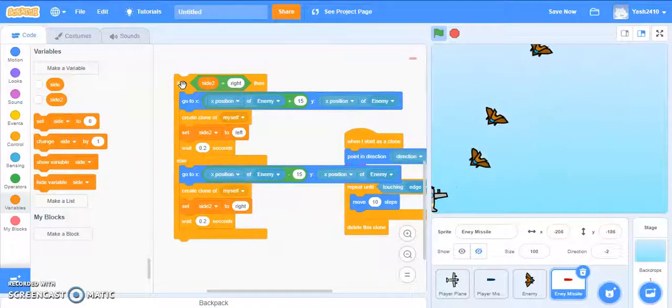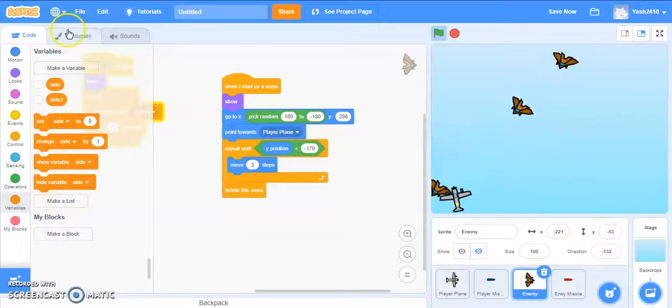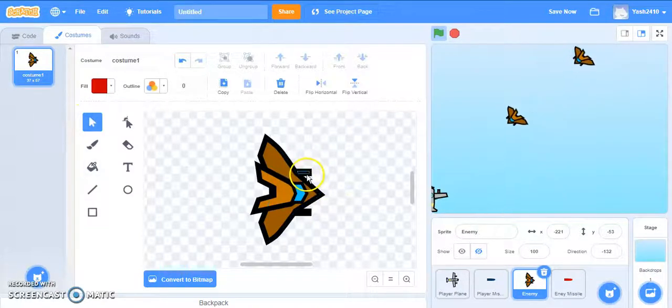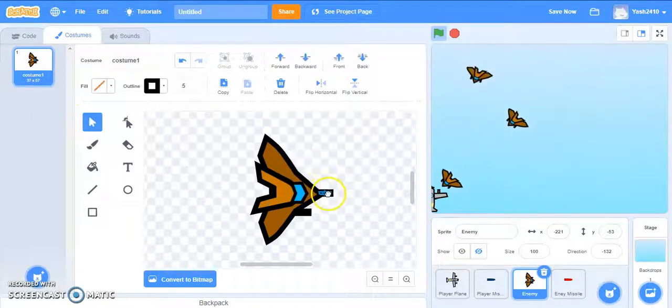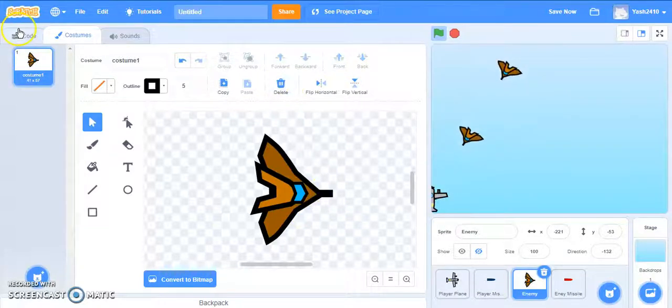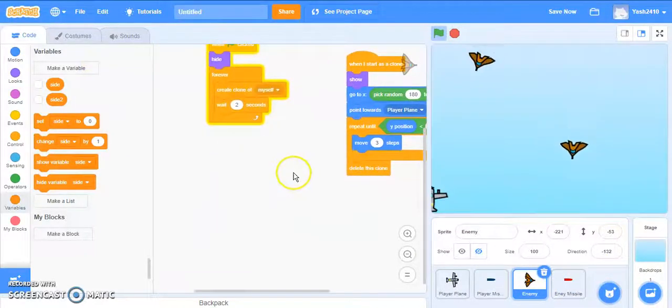But actually, I'll make the enemies just with one shooter, just because it'll be too OP. So I'll make them have just one shooter over here. So now what we want these enemies to do is,